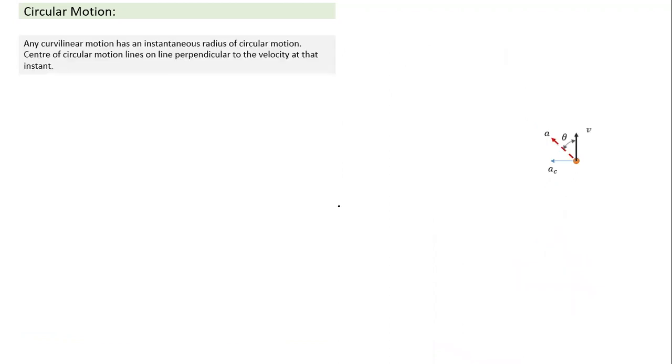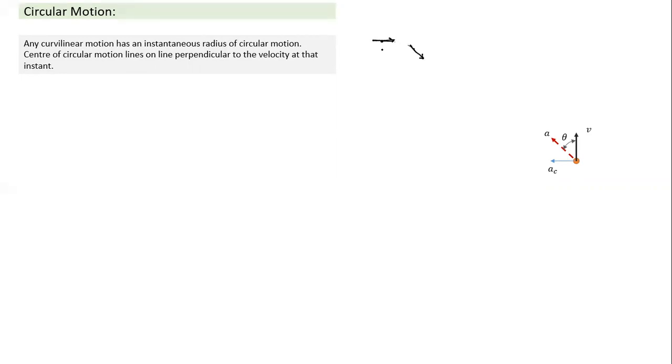Okay. Now let's understand one more thing. When we talk about circular motion, it doesn't necessarily mean it has to always move in a circular path. Any motion which is in the form of a curve will have an instantaneous radius of circular motion at every point. Very briefly, suppose this is the direction of velocity at point P, and it is not moving in a straight path, it takes a curved path. So I'll take another point nearby, and since it is moving in a curved path, the direction must have changed. This here is the direction of velocity. How do we find